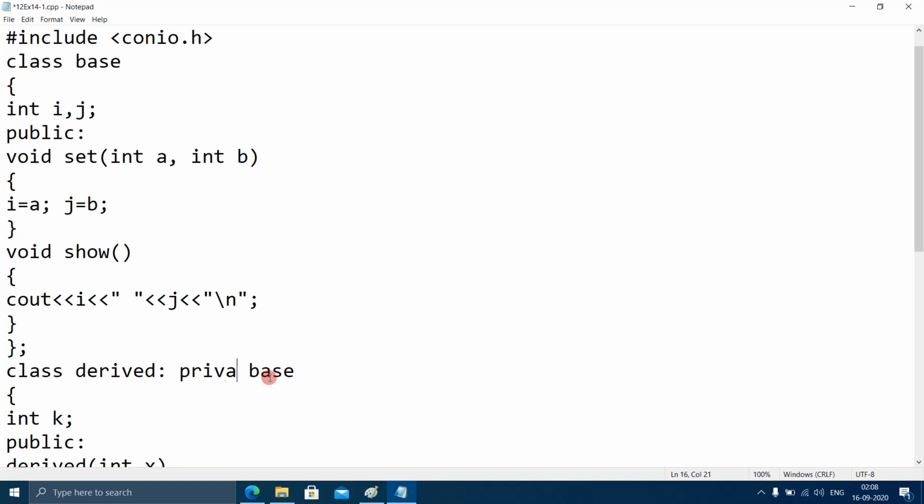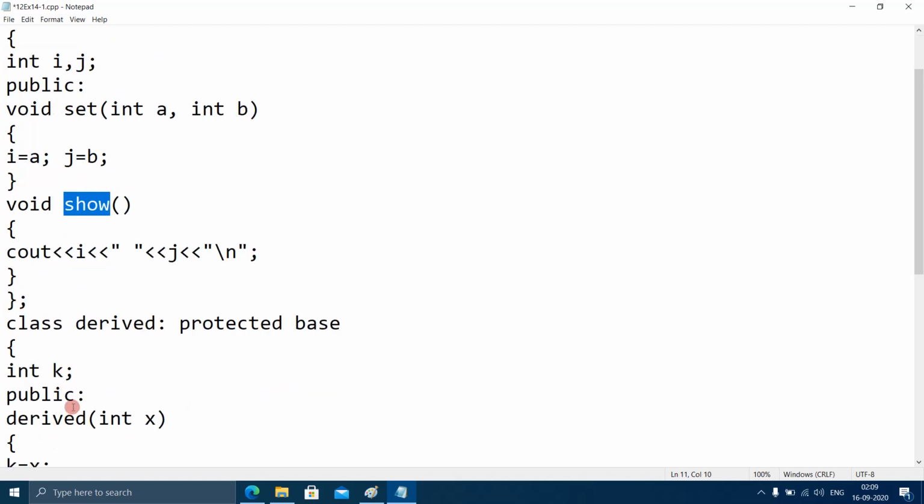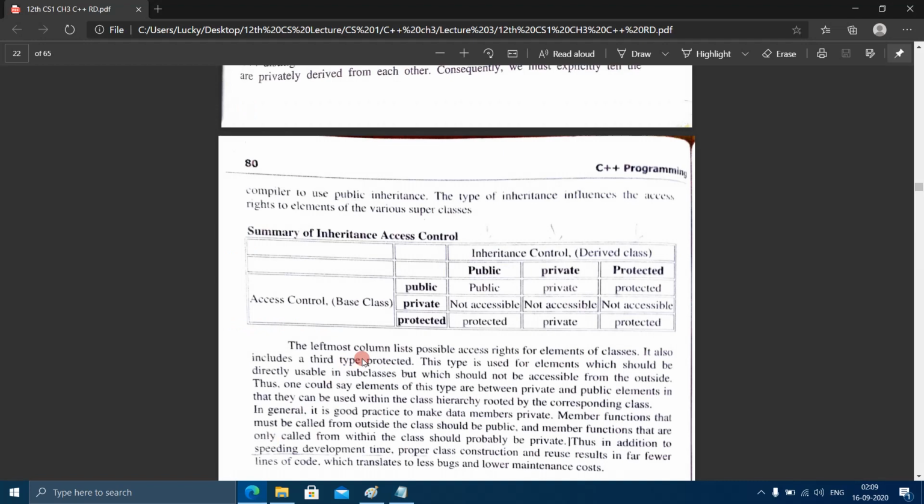If I use protected, that means whatever is private, the derived class cannot access it, cannot inherit it. And whatever is public will be inherited as protected inside the derived class. So here is the table given in the textbook